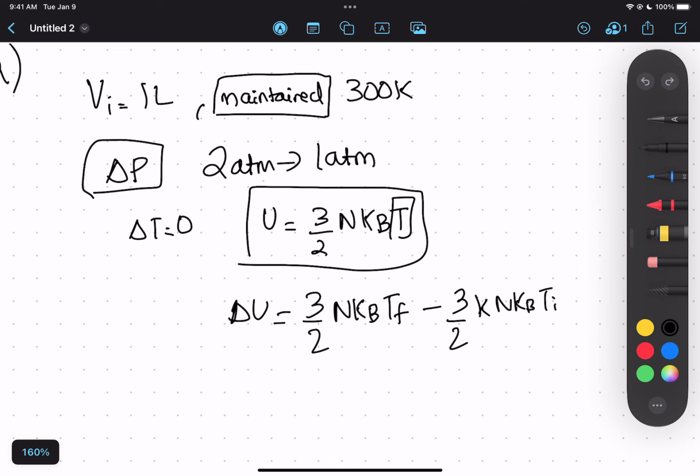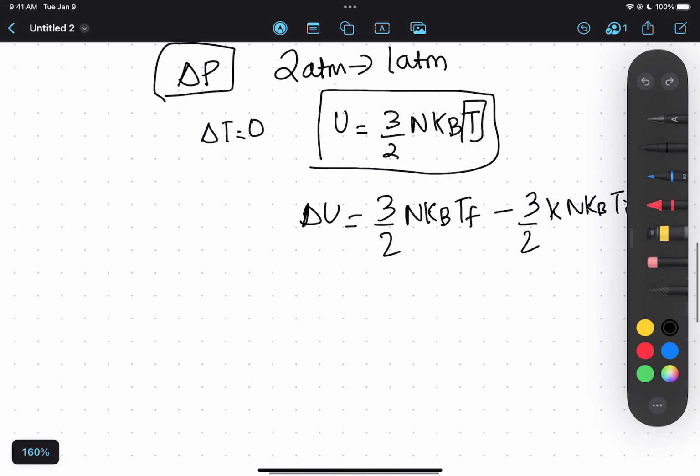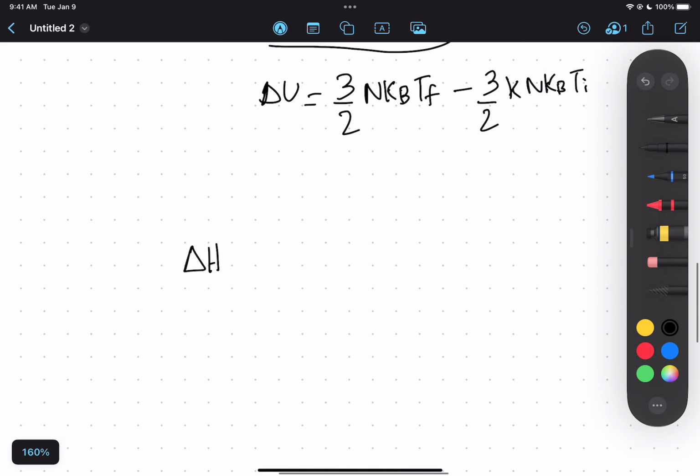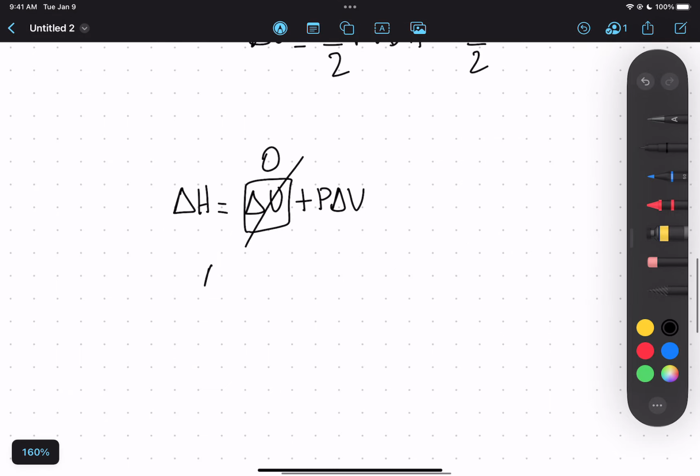Yes. Yep, since delta H is equal to delta U plus P delta V, well, if we're not seeing any change in internal energy, this is 0, right? Then you'd be witnessing the change in enthalpy as being strictly related to P delta V. Well, right, that's an excellent question. Because